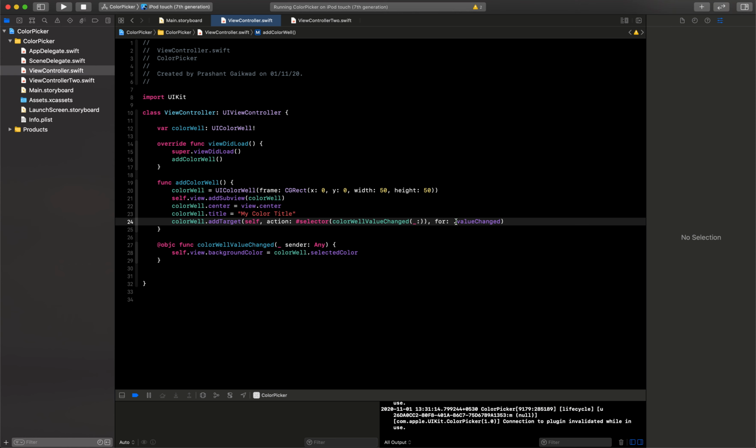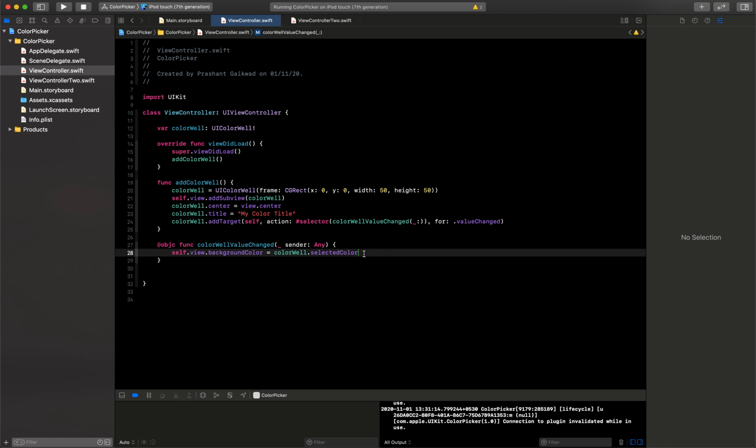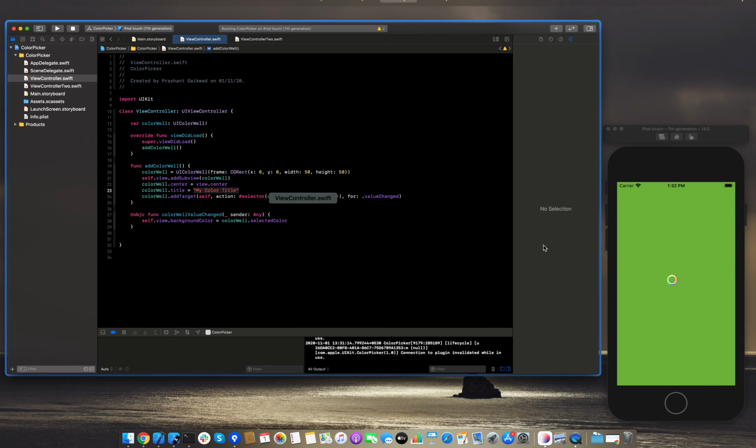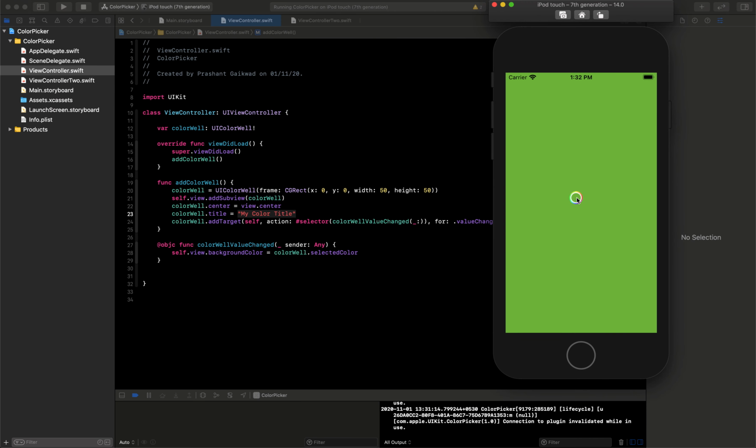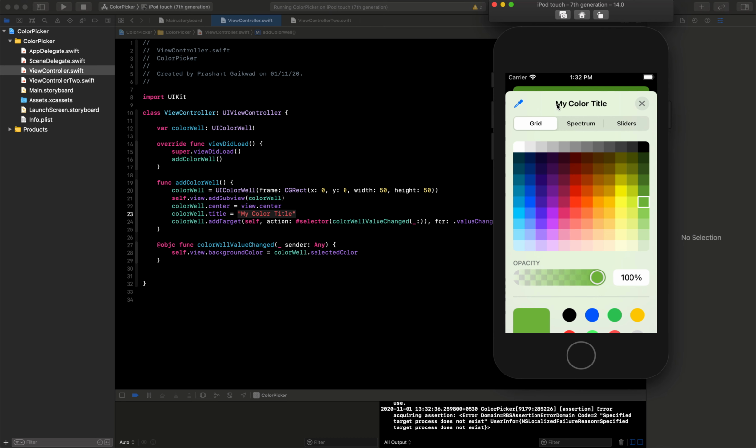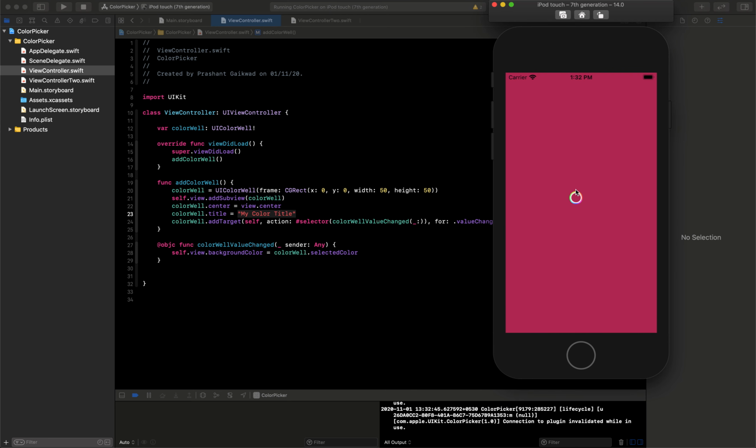For that I have used valueChanged, and then this function gets called and I am setting the selected color there. So let's see where we can see the title. Here you can see if I tap on this, my title is coming, so you can give any title you want, and then you have already seen how you can use this, and it will just replace that color here.